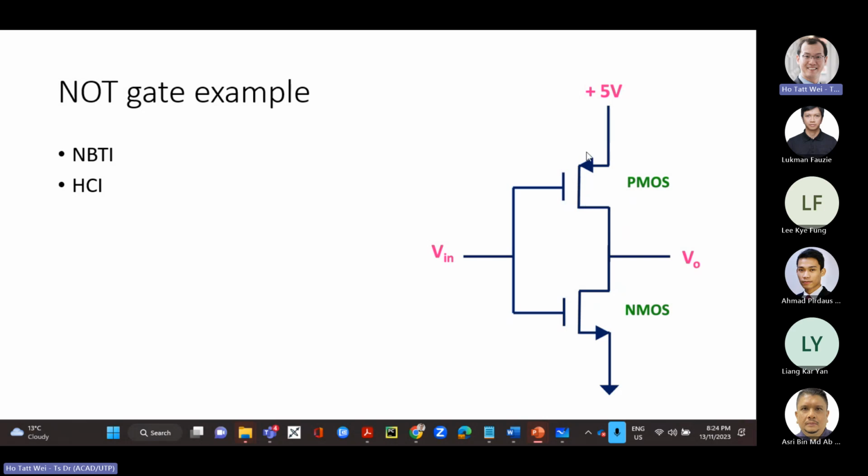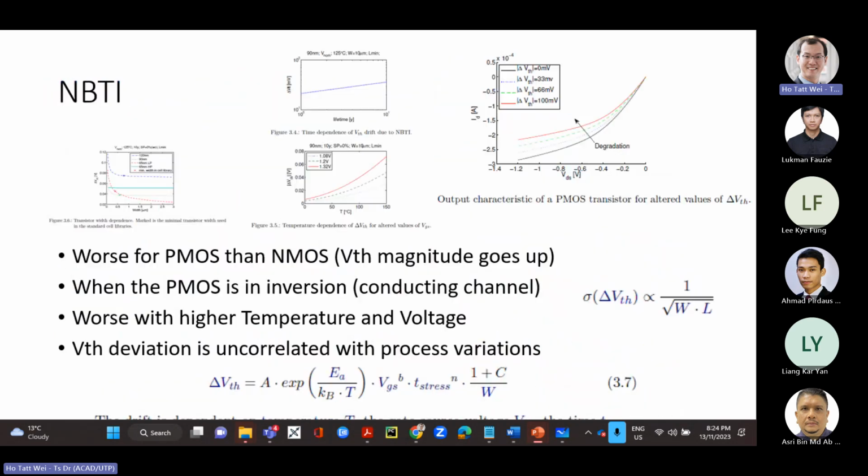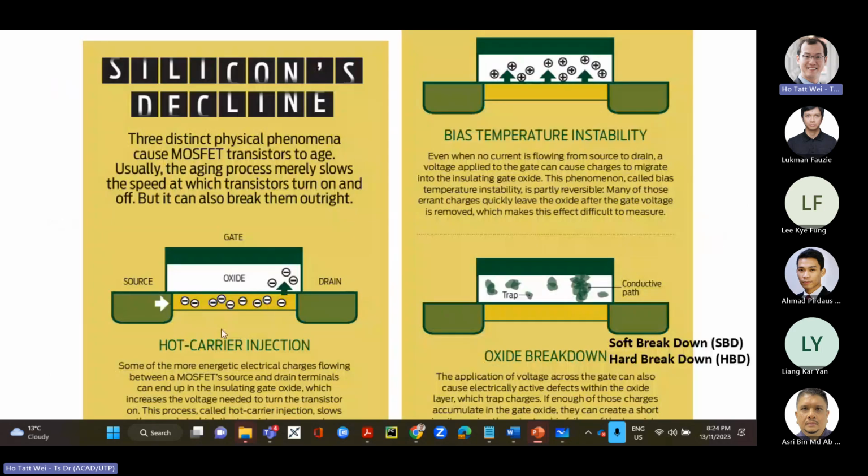The channel length here is now of the order of 7 nanometers, 6 nanometers, and you have a full 1.8 volt or 1.1 volt. So you can calculate the E field. The E field is very, very high. So these electrons, from this side to this side, are being pushed very hard. So they have a lot of electrical energy. And what happens is they start to scatter here, and then you have this mobility, saturation of the electron velocity and stuff.